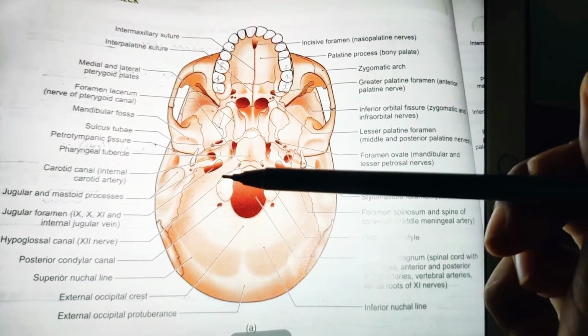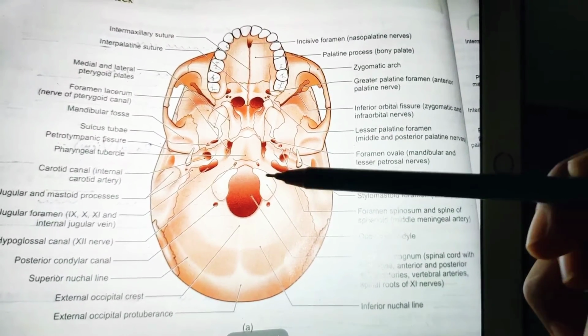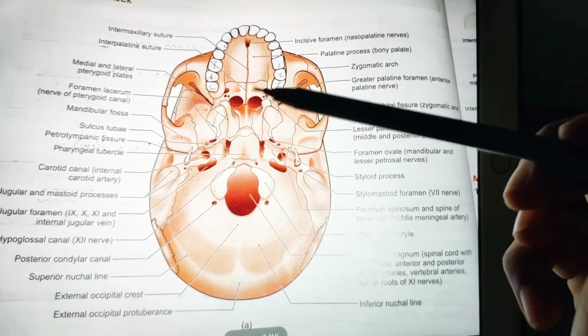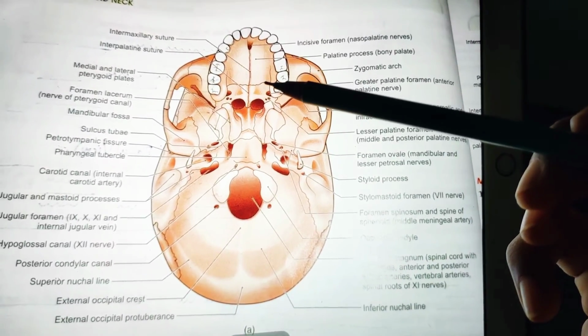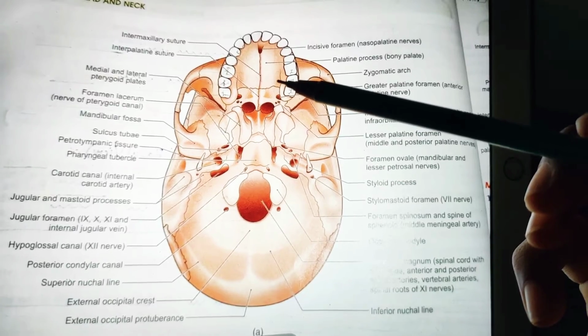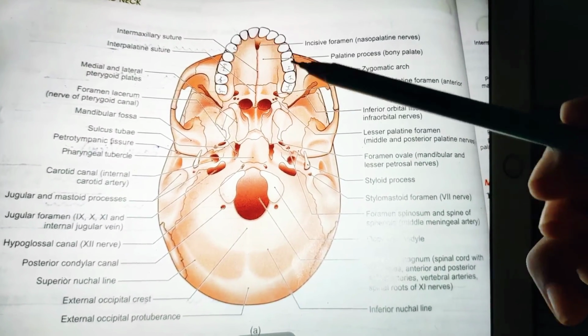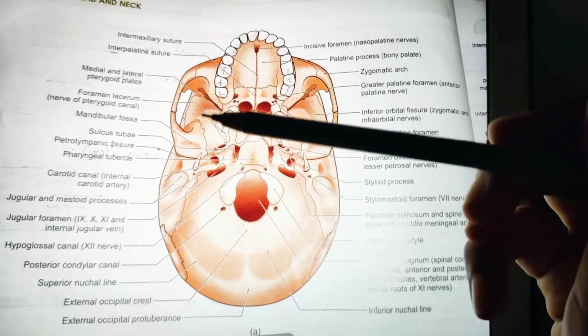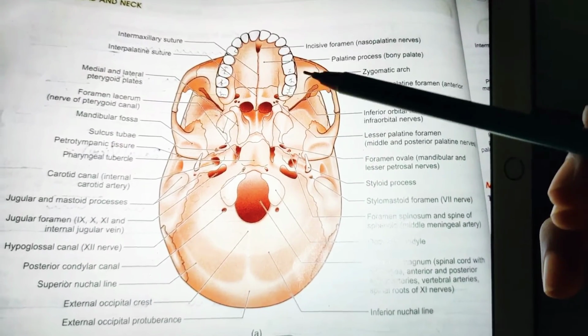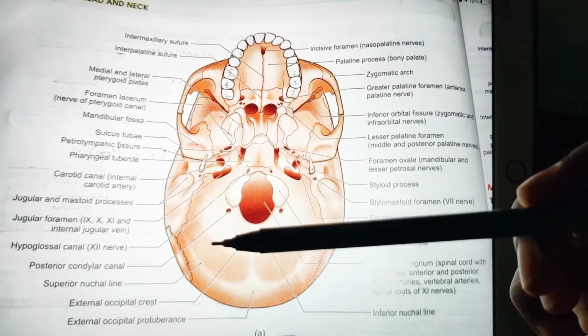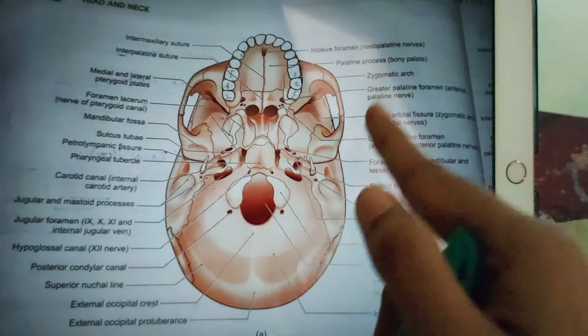So there is a transverse line which is passing like this and dividing it into the middle area and anterior area. Let us now discuss the anterior part of Norma basalis. First we'll discuss the alveolar arch. The alveolar arch bears the sockets for the roots of the upper teeth. Next, coming to the hard palate.